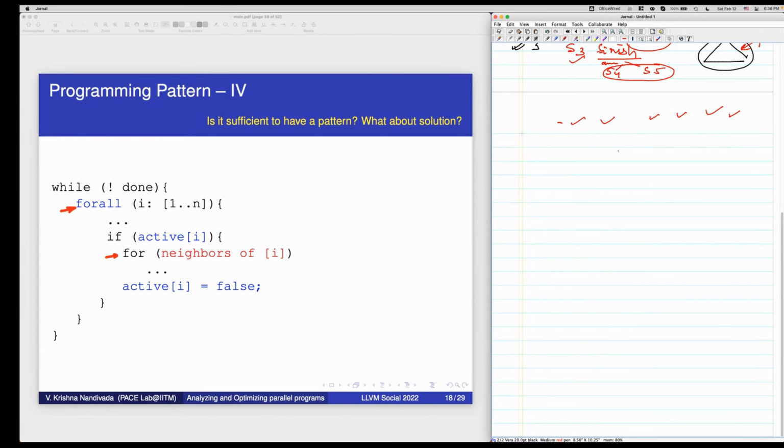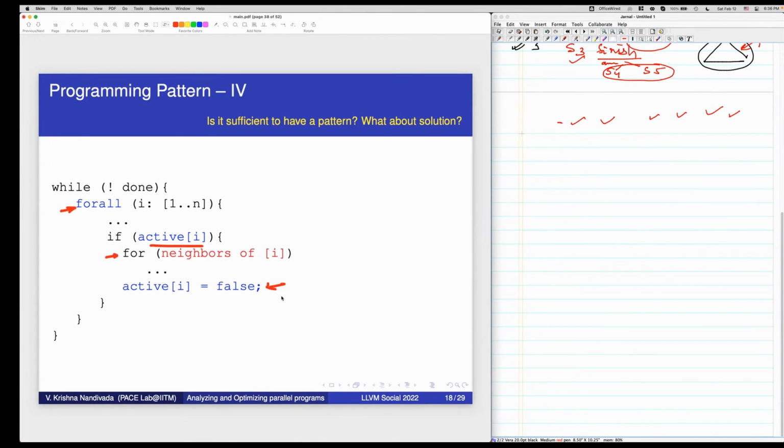In the next round, I will only process the active vertices. And again, some of those which I'm processing, I may mark as active equal to true, and whatever was active may be marked as not active for the next round. How cool is that?